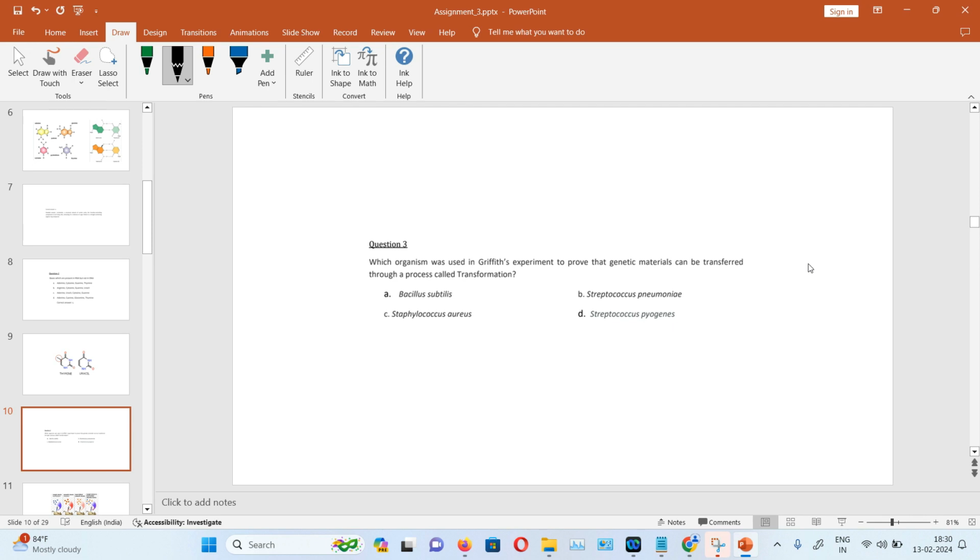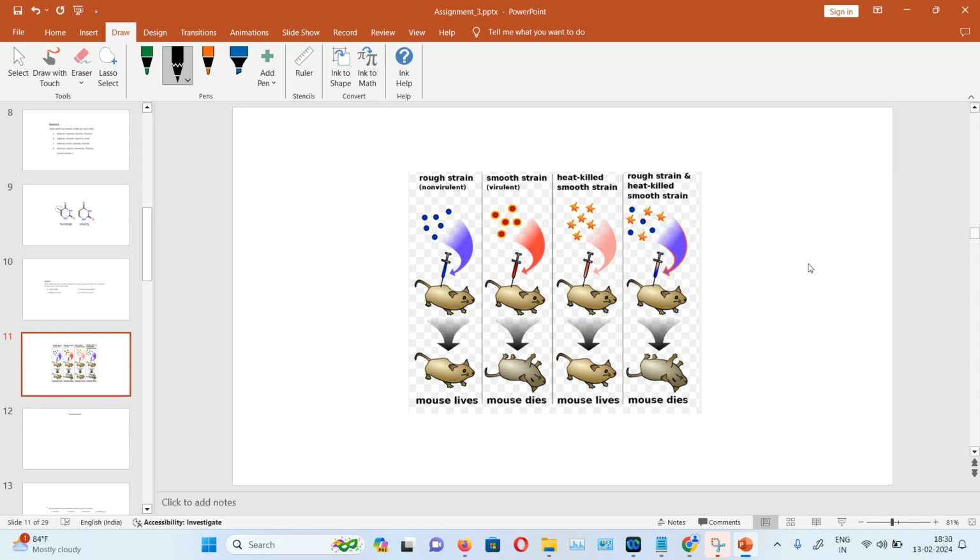And here, this is the experiment. There are two bacterial strains available. One is non-virulent and another is virulent. The non-virulent strain is called a rough strain because its cell wall is actually exposed and you can see the rough structure on the wall. The smooth strain actually contains one extra layer